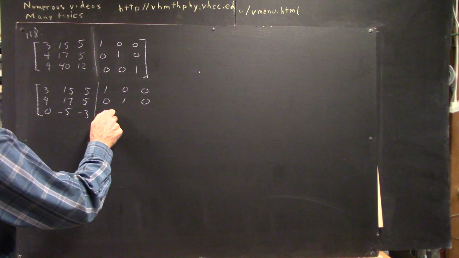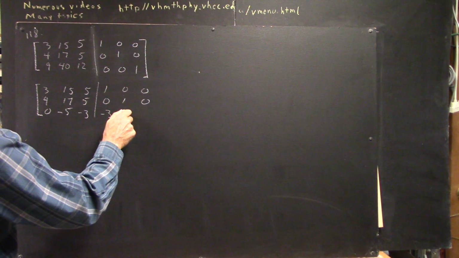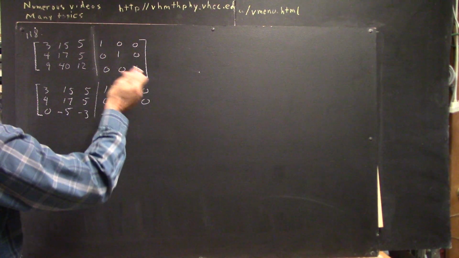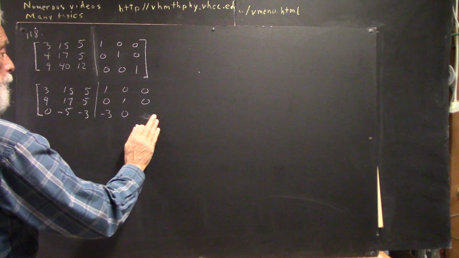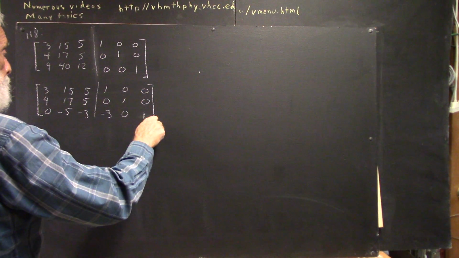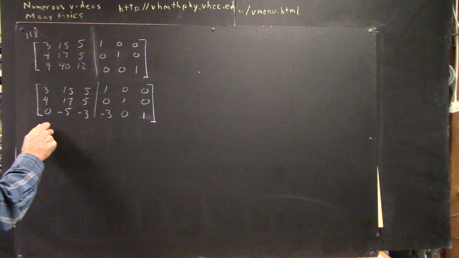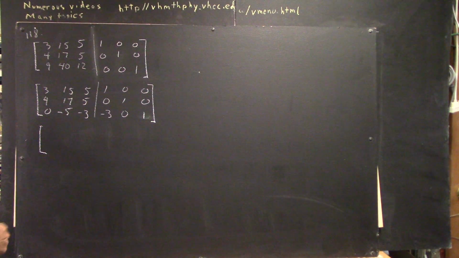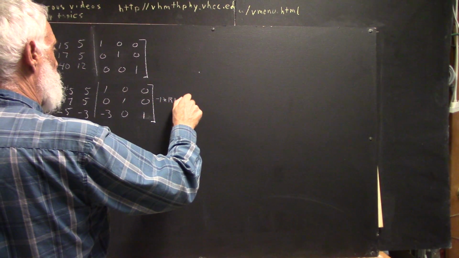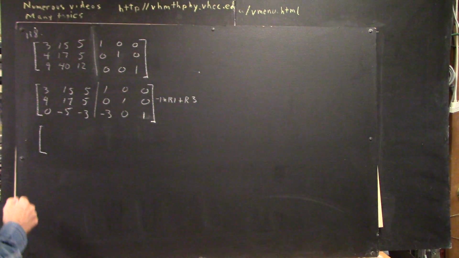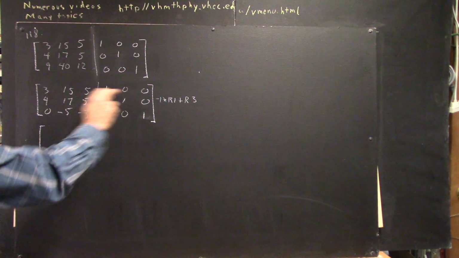And we get negative 3 times the first row added to this is negative 3 here. 0 is going to give us 0, and another 0. We're not going to add anything, and we're going to have a 1 here. Okay, so now we've got some progress. We've already got a 0 here. Now the next thing I did, and let's keep track of what I did, negative 1 times row 1 plus row 3. Okay, next thing I want to do is I'll divide through this row